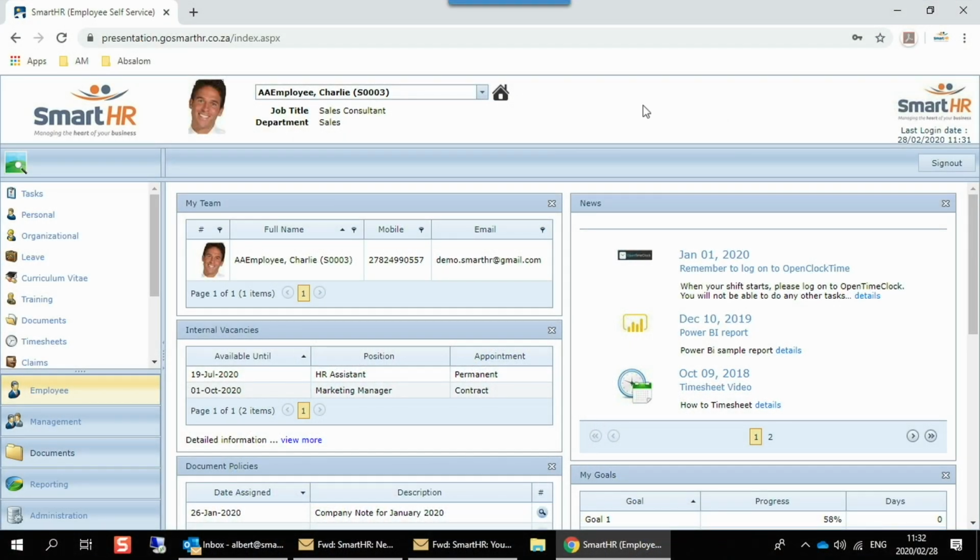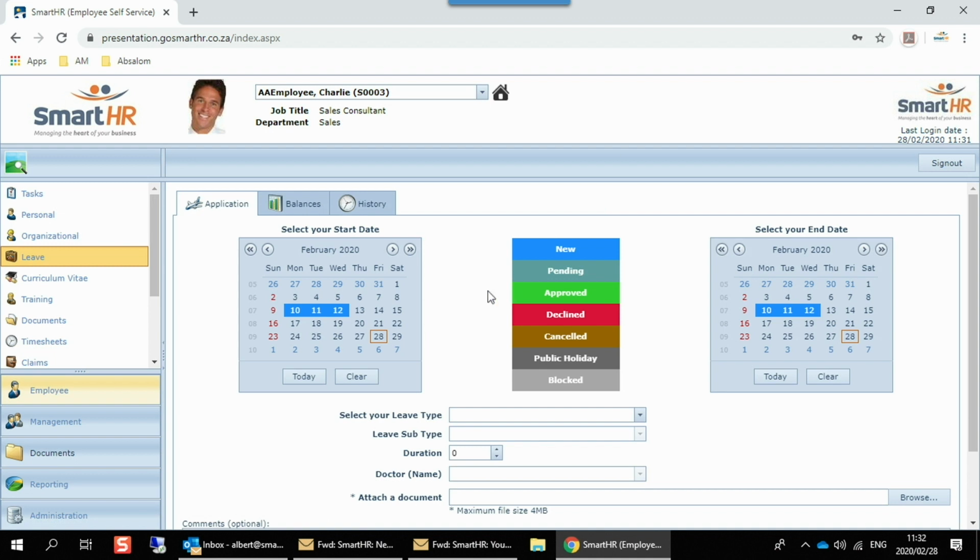The next part of the system, we will focus on leave. At first, we'll sign in as an employee and go through the module and then apply for leave to show how the workflow is facilitated through the system. Having signed in as the employee, we will navigate to the leave module, and from here an employee would be